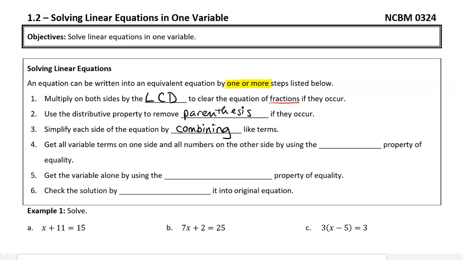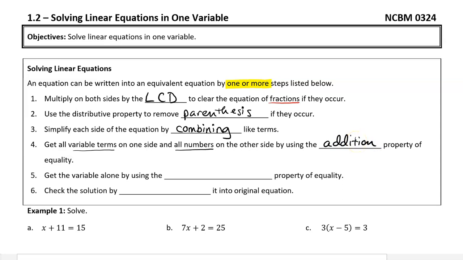Then, number 4, we're going to get all variable terms on one side and all number terms on the other side. So we've simplified each side. Now we're going to start to move things around across the equal sign. So we're going to get all the variable terms on one side, all the number terms on the other side. And we're going to do this by using the addition